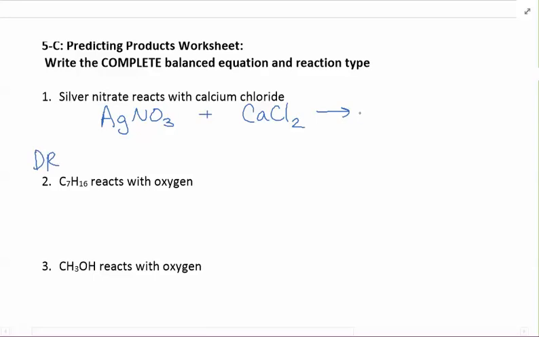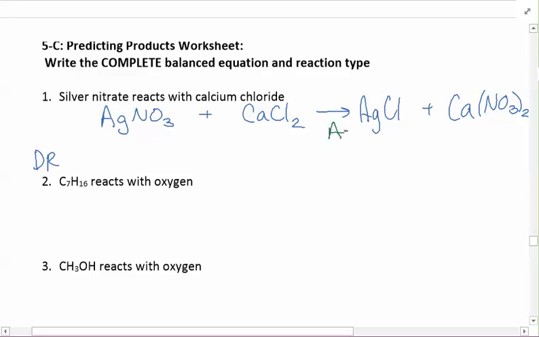So our metals are going to switch places. We'll have AgCl plus CaNO3. Now, because nitrate has a -1 charge and calcium has a +2, I need 2 nitrates to balance with the calcium. So right now I have balanced my compounds, but I have not balanced my entire equation. So in order to balance my entire equation,